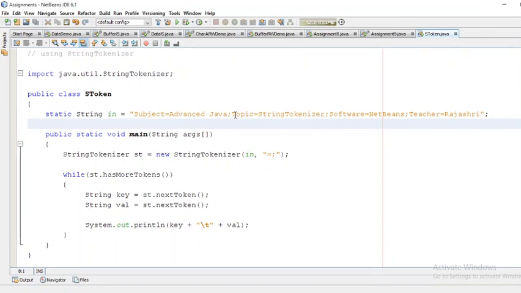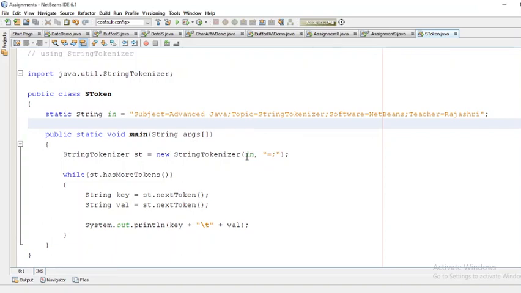This is what we are going to do in this program. Now let us see how we do this programmatically. This is main. In the main function, we are going to declare an object of the StringTokenizer class. StringTokenizer st, the name of the object is st, equals new StringTokenizer.